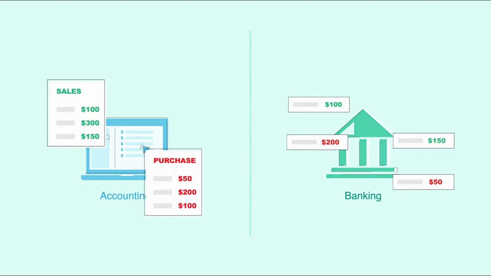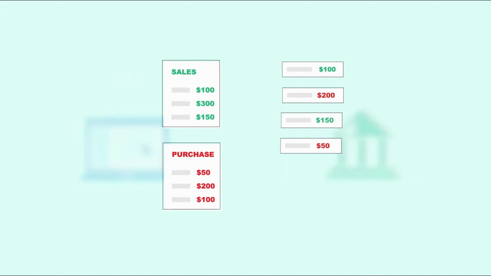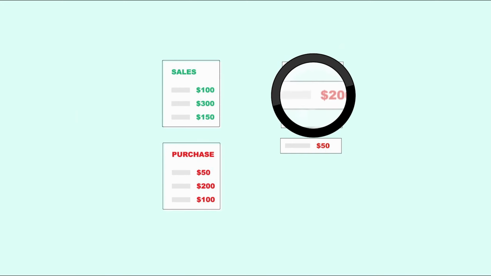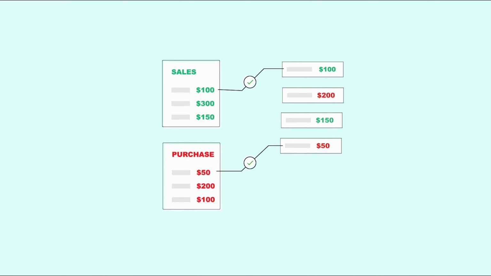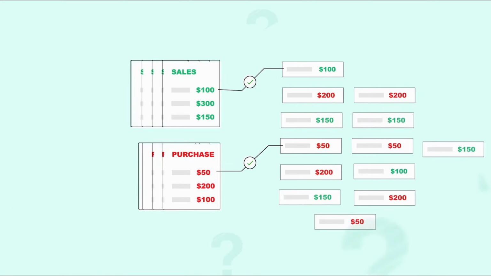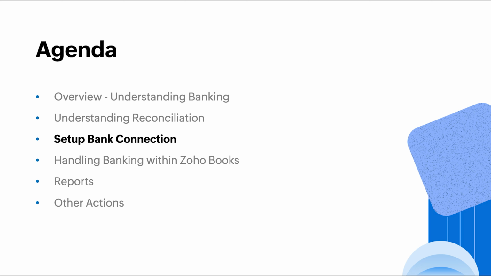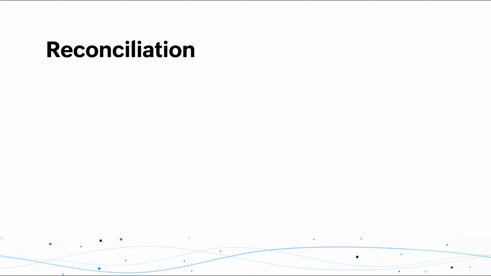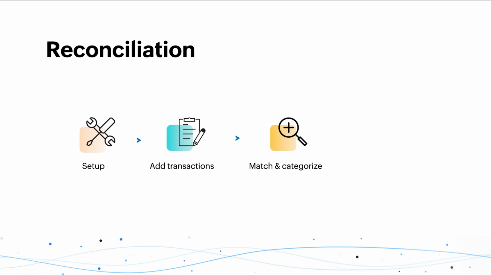It is performed to ensure that the balances in the company's accounting system and the bank statement are in agreement, such as invoices, bills, or other payments. I have simplified the process with 4 main steps. Step 1 will be the setup, followed by actions like add transaction, match and categorize transactions, and finally end it